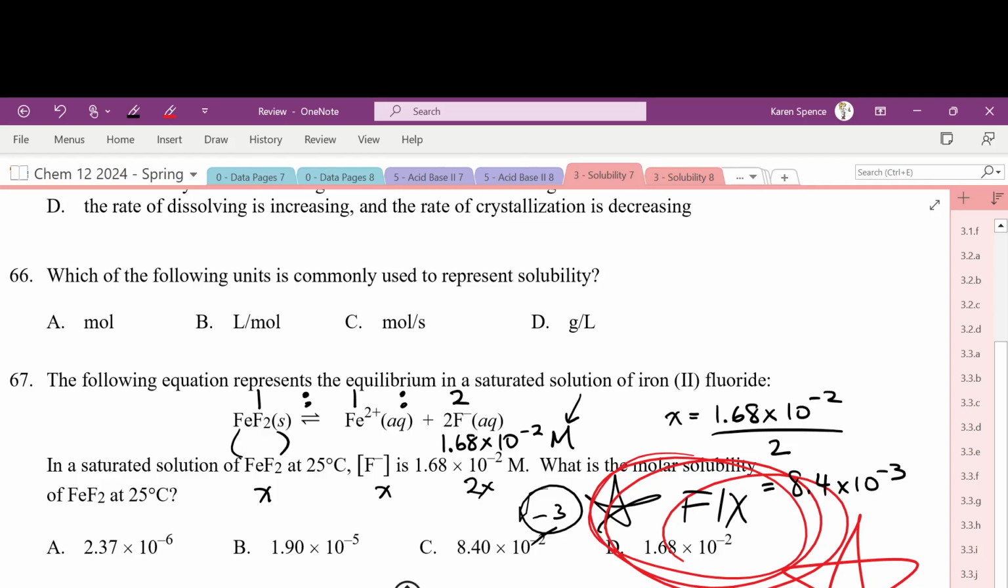Because that's an alkali. Okay, so if you add KBr to saturated AgBr, what will happen is